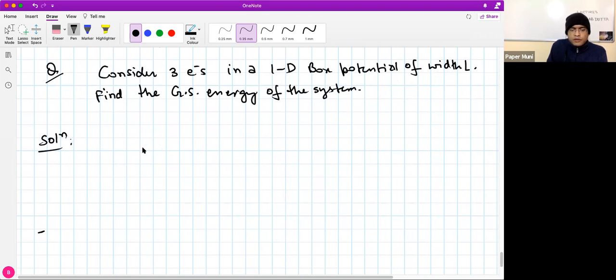So what happens here? Now if it says the ground state energy of the system, it's not talking about the ground state of just the potential box. The ground state energy of the potential box is the same which we have already calculated, but the system is here that there are 3 electrons in the potential, not just one particle. So in this case, how do we solve it? So what happens here is,